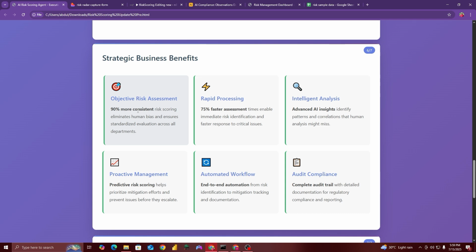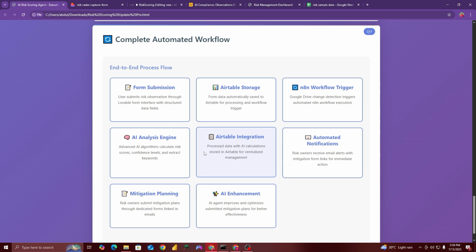Now, these are the different benefits. Like already mentioned, it's an end-to-end automation process with human in the loop. The form will be submitted. All the data related to an observation will be added by a user, by an internal auditor or any user. The data will be stored in a database. The workflow will be triggered automatically. The AI analysis engine will perform the analysis, and then all the updated data will be saved in Airtable.